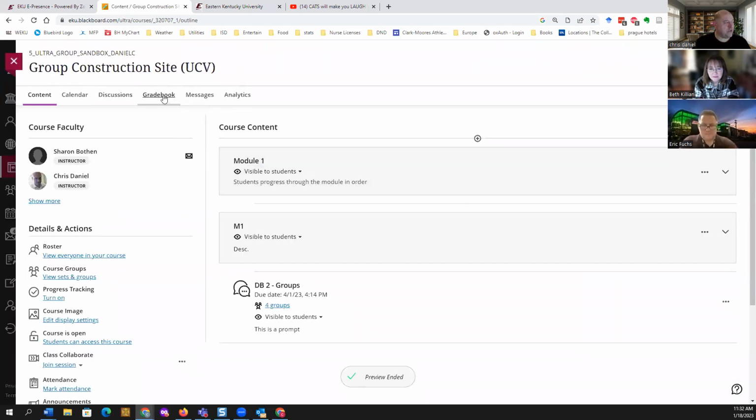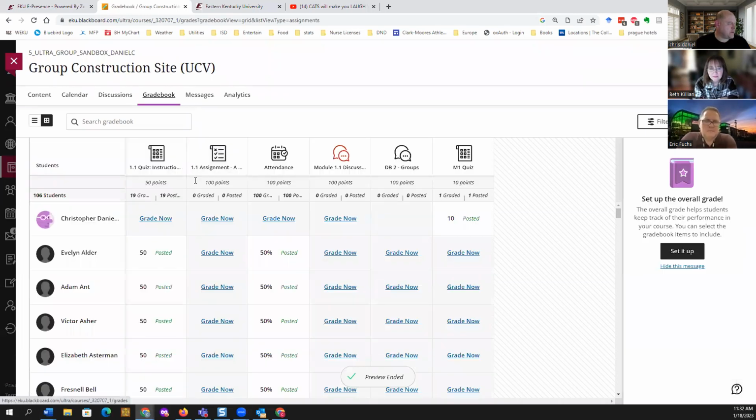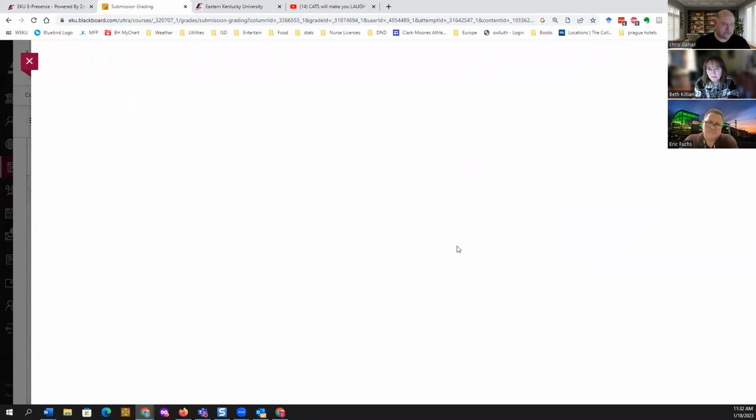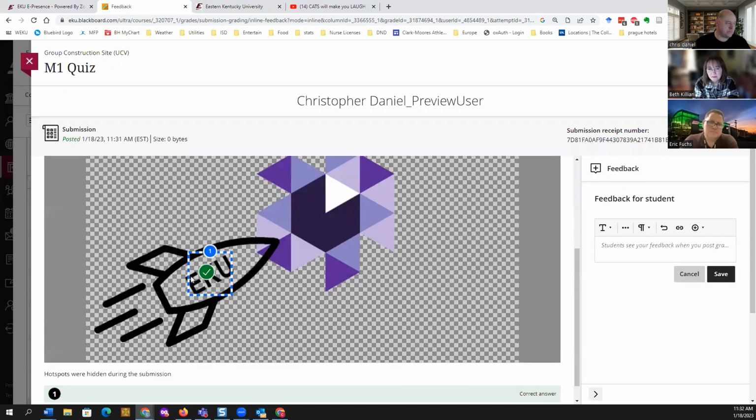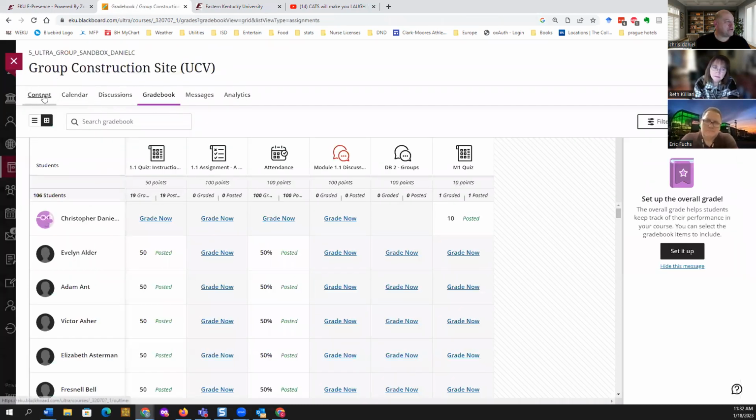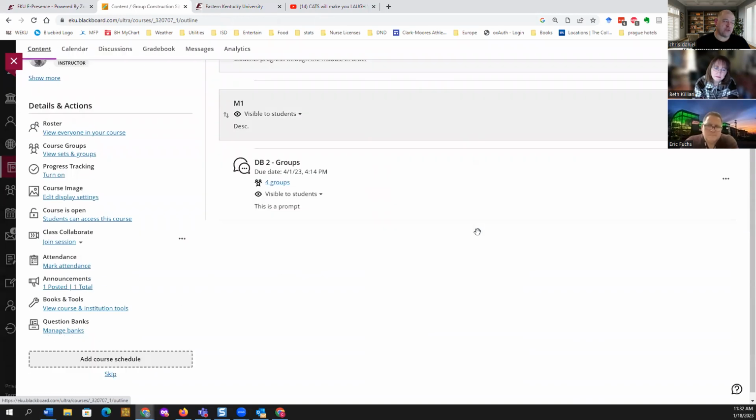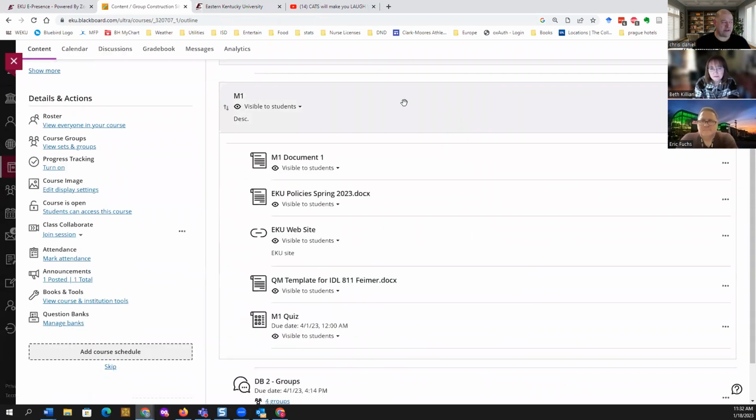If I go into Gradebook, the grid view looks similar to Blackboard Original. If I click over here, here's my M1 quiz, and I want to view the attempt. I can see where they placed the marker and where I had my hotspot sized and placed. With hotspot questions, you can also have multiple hotspots on the screen and have only one be correct.